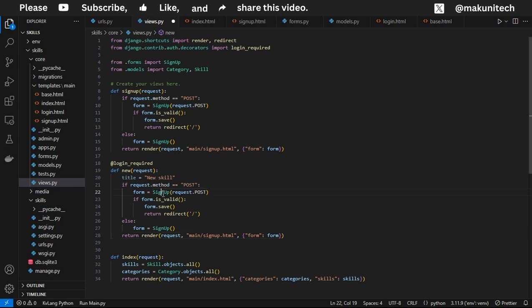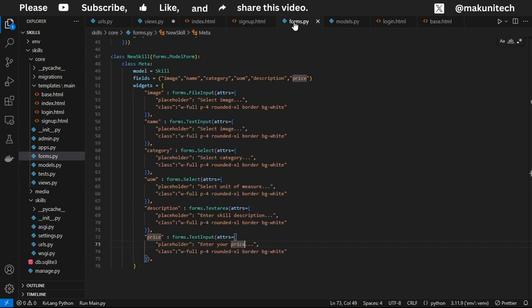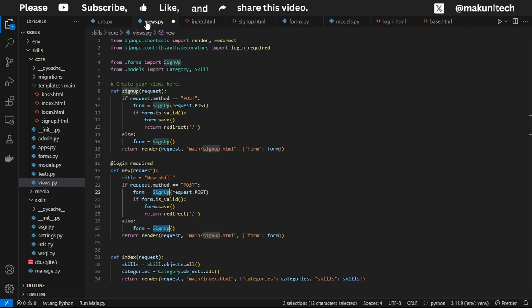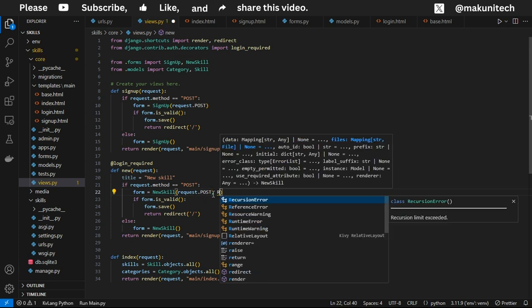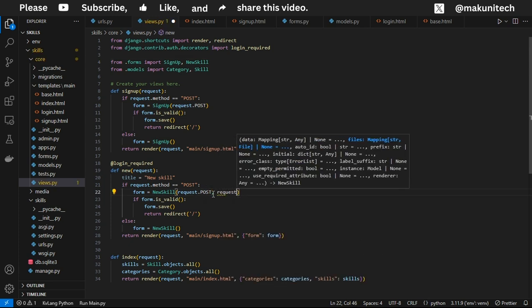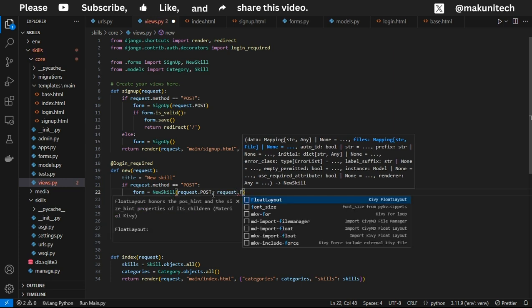Right, so we need to change this sign up here. And this is going to be, let's look at our forms.py. So this is new skill. So here when I say new skill and we need to import it. Okay, fine. So since we're gonna need images here, so you need to say comma request dot